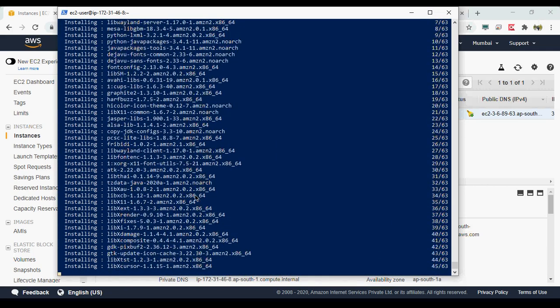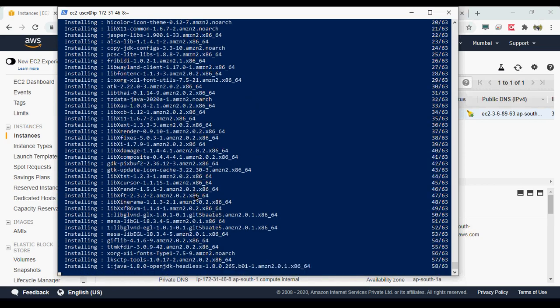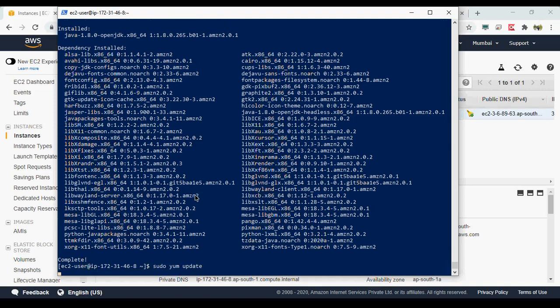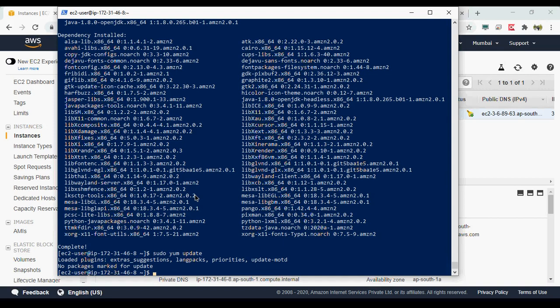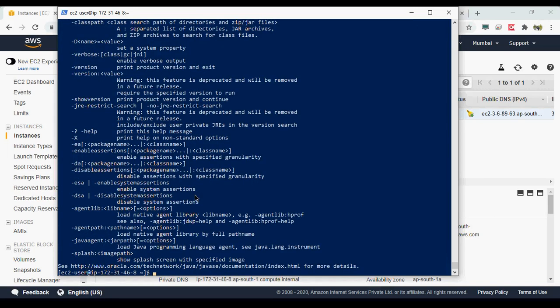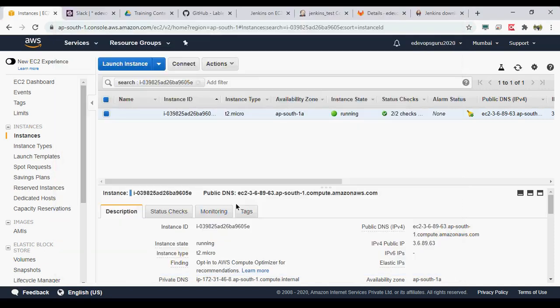Anil, try running yum update once. I guess earlier I did not run it using sudo, so it did not execute. But sudo yum update. I have already downloaded this JDK 1.8, so it is there. Now let's say java. Okay, now we have Java. I don't know, this image was supposed to have the JDK also, but somehow. Not an issue.